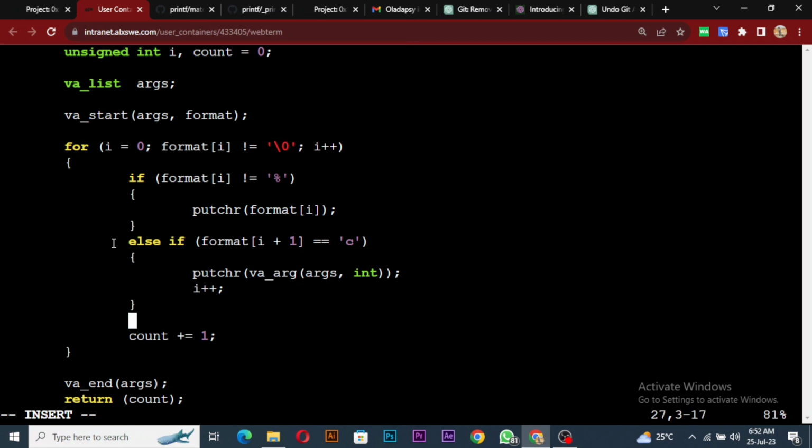The next one. So the next one is for, sorry, else if. So we'll do this one for percentage, and I'll explain the rest for you, right? Else if, and then we'll say else if what? If our format is equal to percentage, and if our format I plus